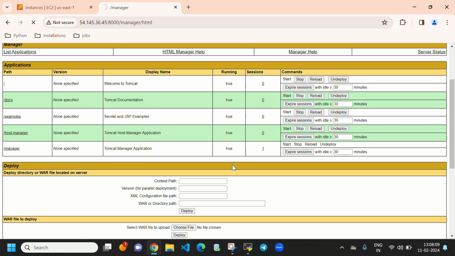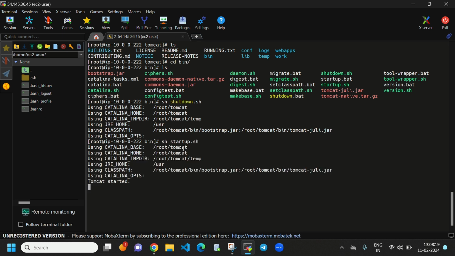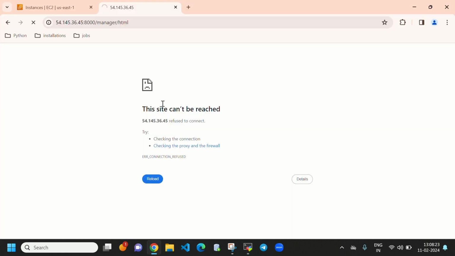Even if we start the Tomcat server, it will not load on the old port because we changed the port number from 8000 to 80. And let's again start, sh startup.sh. You can see Tomcat started, and we changed the port number from 8000 to 80, but it will not load. You can see the site can't be reached here.